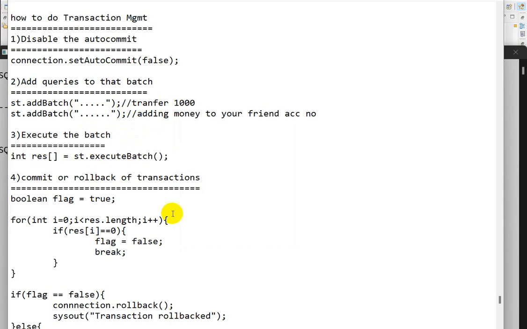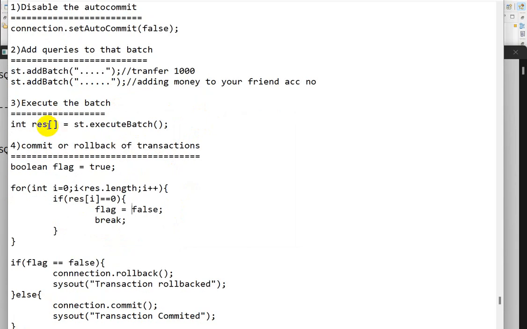Then we take a flag as true. These are non-select queries, so if they execute, they provide a count. If a query doesn't execute, it provides 0, meaning that query is not executed.